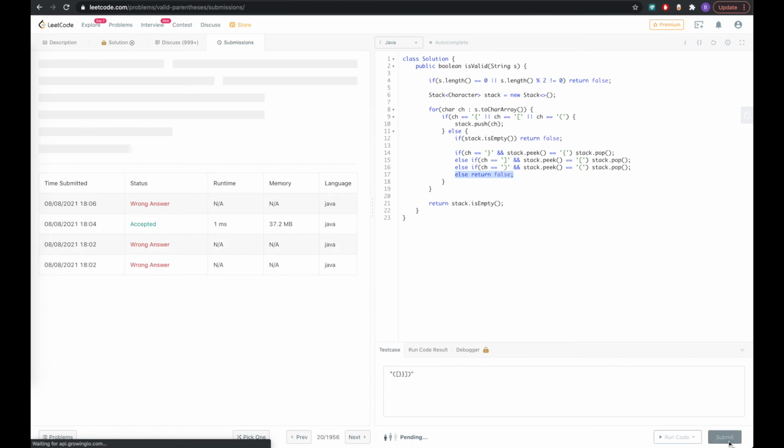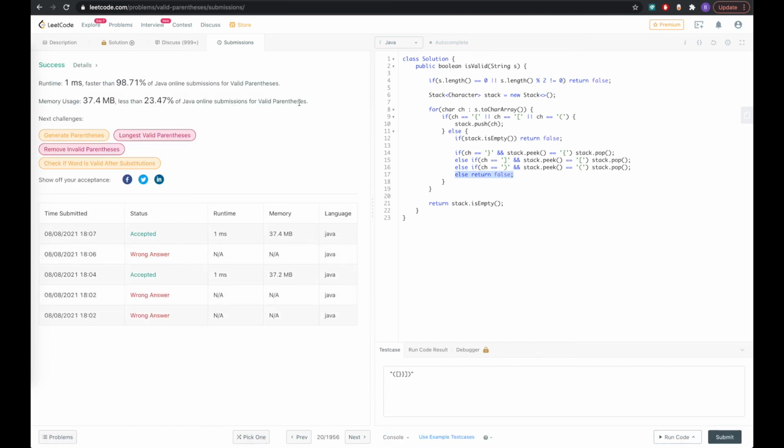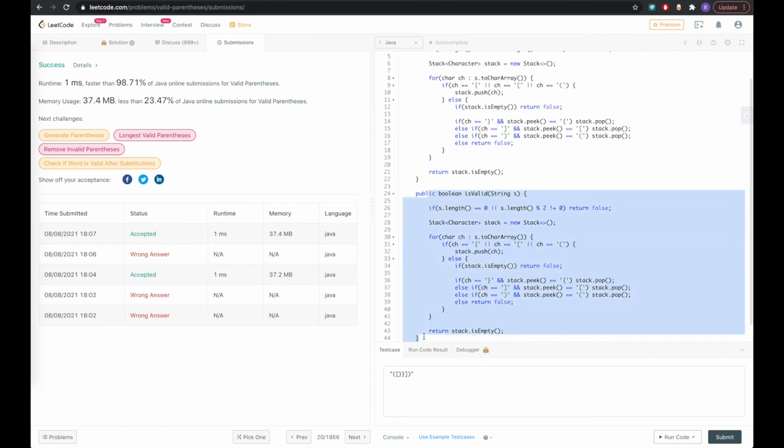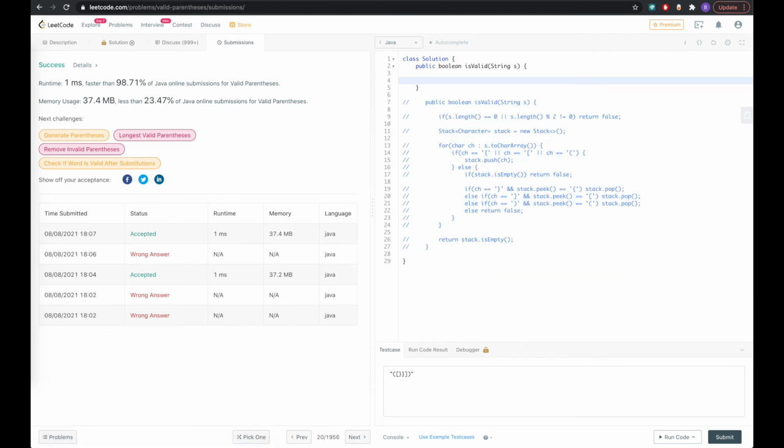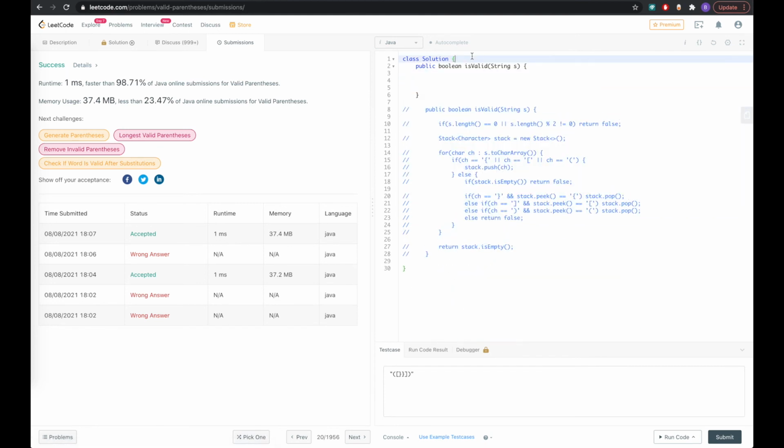So let us run it one more time, submit. Okay, so this worked. Now this is a good solution, right? But there is one issue with it: there are too many if conditions over here. If, else if, else if, things like that. So how can we make this better? Let us take this code first and save it over here. Let me just comment it out, and let me remove this code again, and let me create a hash